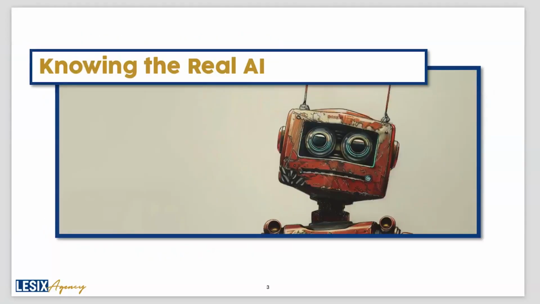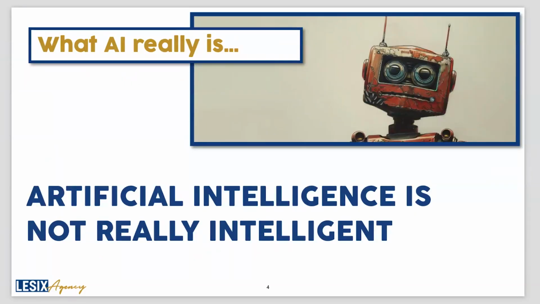The first thing is let's talk about what AI is and what it isn't, because this is oftentimes where people start to get unrealistic expectations of what artificial intelligence really does for us inside of our businesses, inside of our schools, and inside of just our everyday use of what we might be creating with it. The thing to keep in mind about AI is that it's not really intelligent. It's not intelligent like we are.